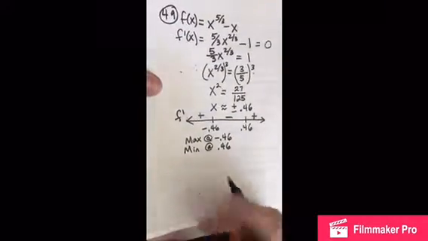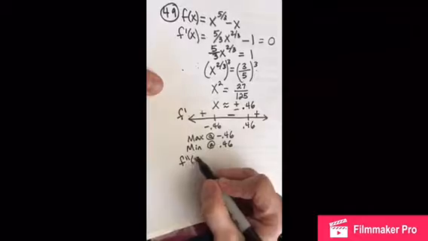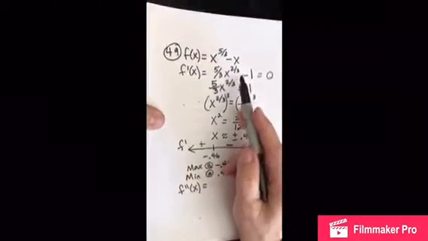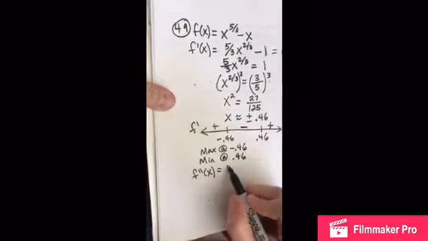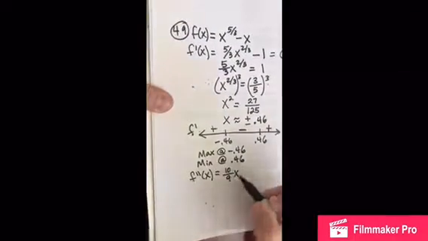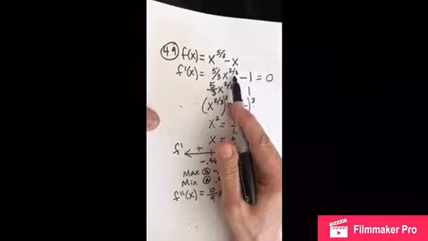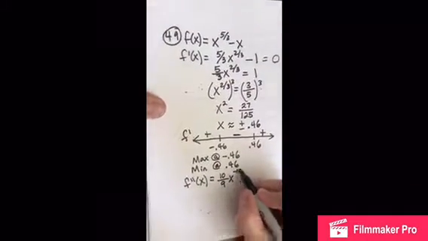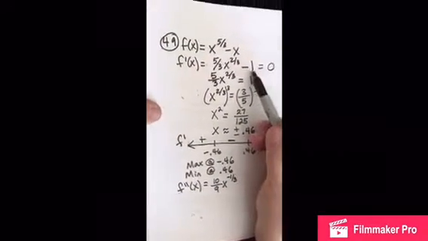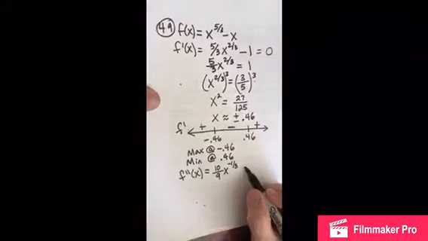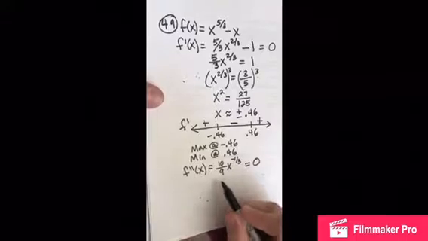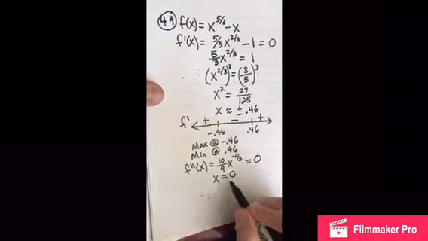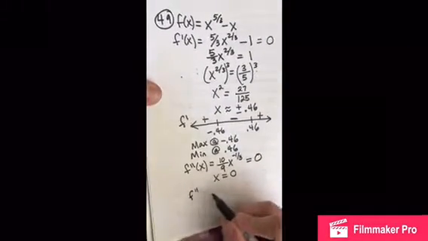Now we take the second derivative. A little tougher because we have to take the 2/3 times the 5/3, which gives us 10/9, and then decrease the 2/3 by 1, which would be negative 1/3, and then the derivative of 1 is just 0. So we set that equal to 0, and the only way that this could equal 0 is if x is 0. So we put that on our number line,